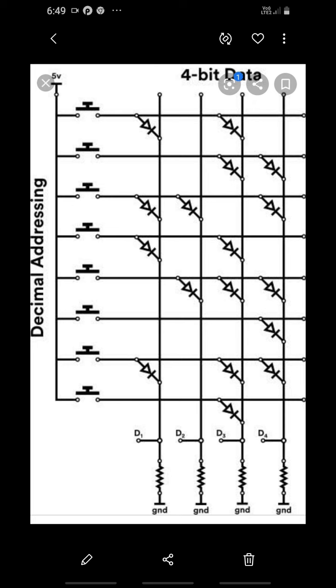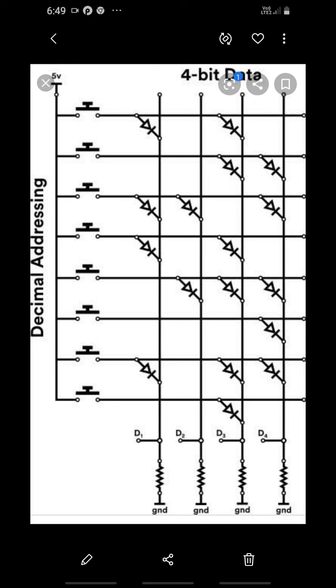So here 0, 1, 2, 3, 4, 5, 6, 7 are the addresses, and registers R0, R1, R2, R3, R4, R5, R6